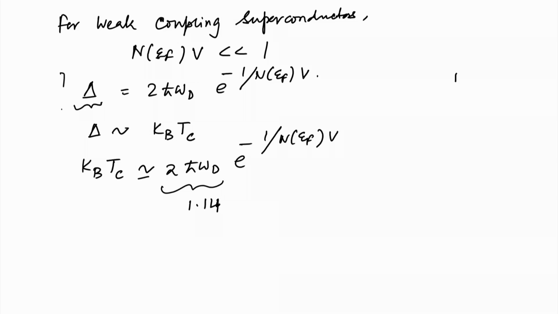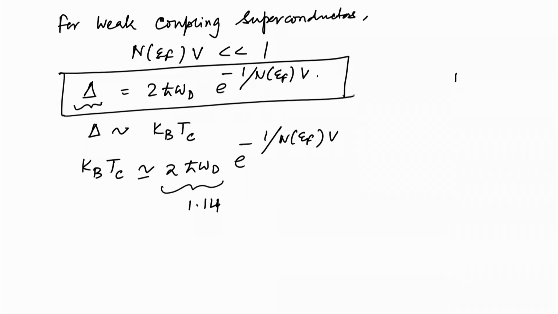So, this gives how the energy gap depends upon the phonon energy spectrum, and how the density of states at the Fermi level comes into the picture, and the strength of the attractive interaction is also there, which is V, and we also have n epsilon f multiplied by V is much smaller than 1, which is relevant for a weak coupling superconductor. So, let us give you all these occupation probabilities, or what are also called coherence